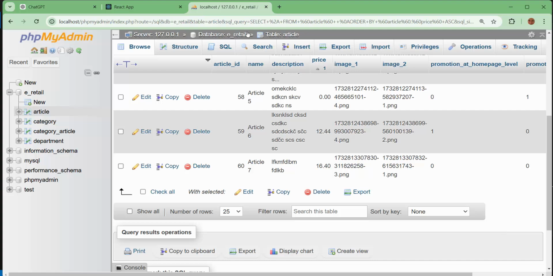Here it is interesting, after intervention in admin, that prices is visible here